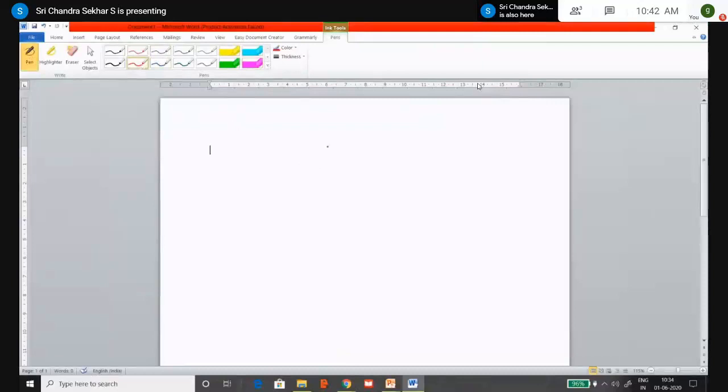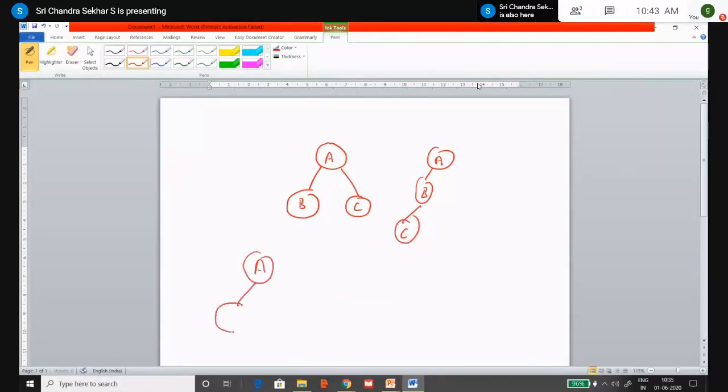For example, if you take 3 nodes in a binary tree, this is one node which I am labeling as A, and this is another node which I am labeling as B. You can draw another node as the right child of A like this. Or else you can draw the same binary tree like this also, B and C. Or else you can draw another configuration like A, the left child is B, and then you go for the right child. This is also a binary tree, right?